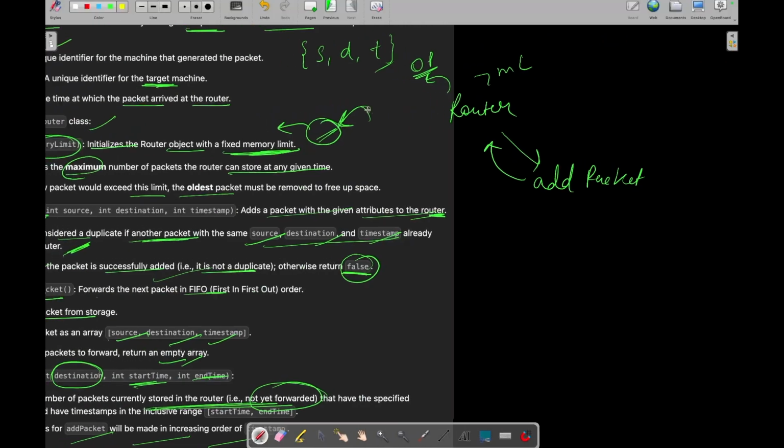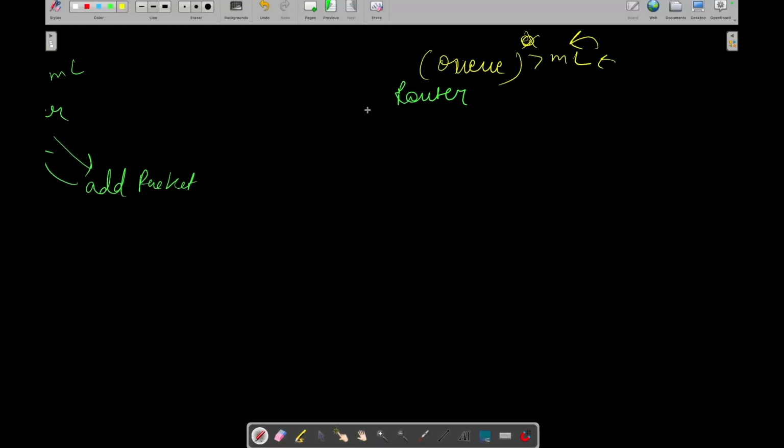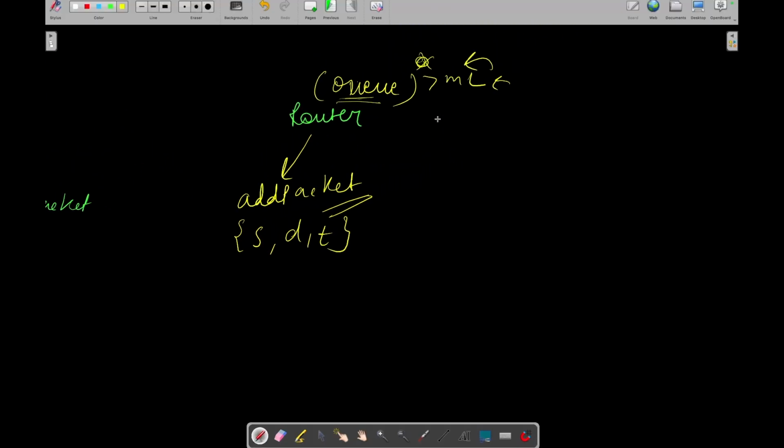Now let's talk about the add packet function. For the add packet function, we will need to check whether that packet already exists in the queue or not, whether a packet with the attributes source, destination, and timestamp is already there in the queue. If it is already there, then we can't add it. And we can't iterate over this queue again and again. So what we will do, we will simply